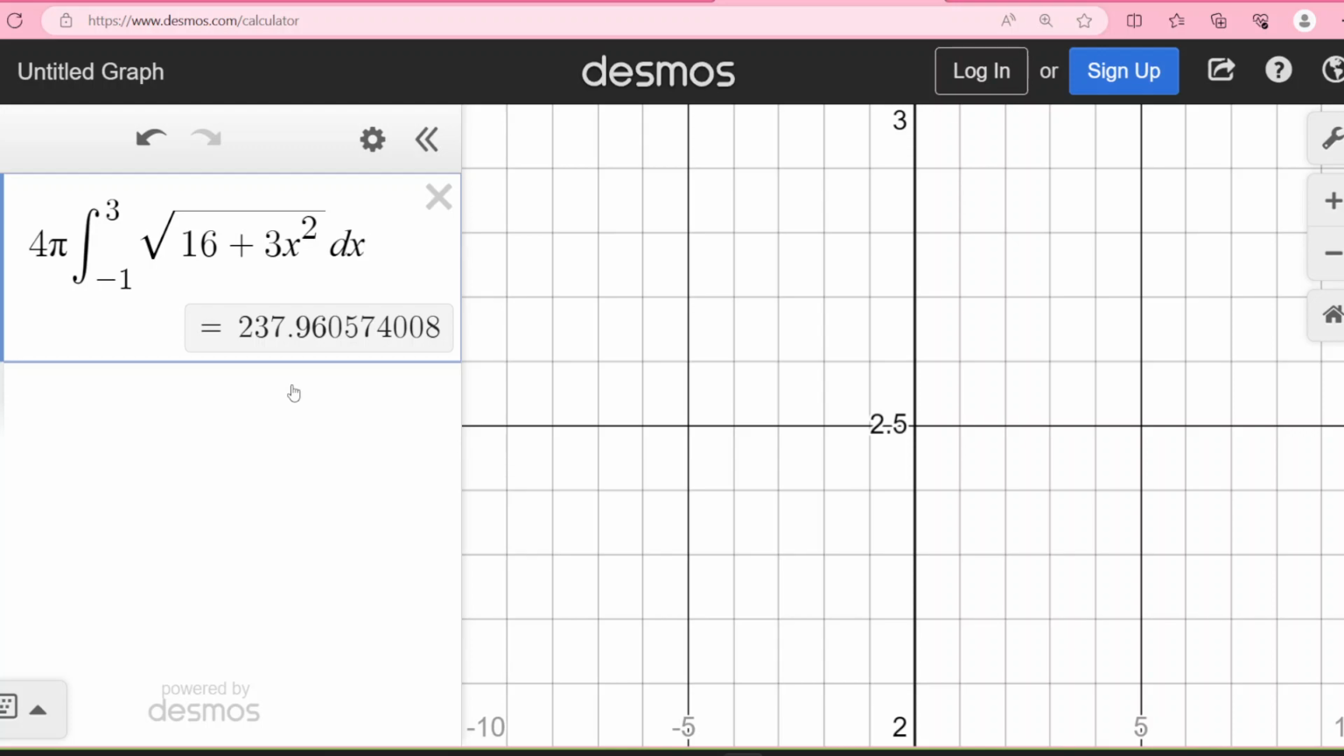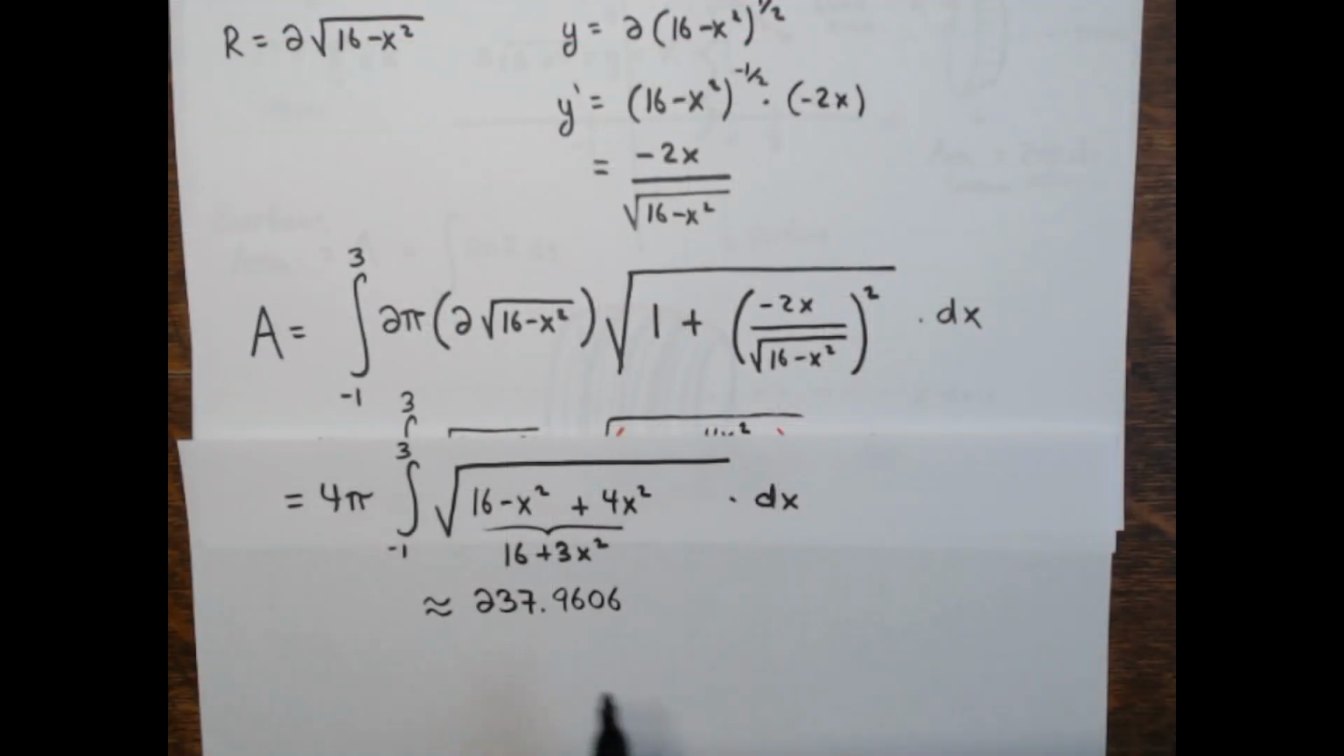237.9605 are the first 4 decimal places. Then the fifth one is 5 or greater, it's 7. So I bump up the fourth one by 1, so 9606. I've written that on my page, so about 237.9606. Now be careful. I know that in the homework they already have this written for you, but remember this